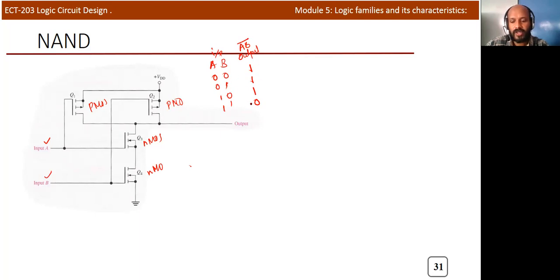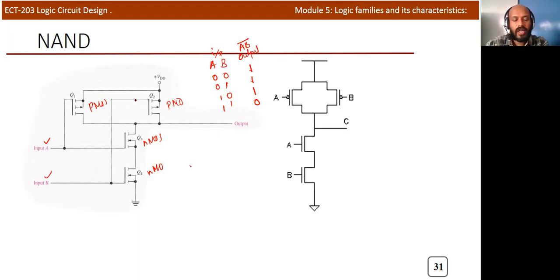That's a NAND operation. Now we need to verify whether this particular circuit will operate as a NAND gate. Instead of drawing this particular circuit, I can use a simplified diagram, which will be more comfortable. I'll tell you how we can draw this. The lower portion you need to draw using NMOS. If you divide this circuit into two parts, this is the lower portion and this is the upper portion.